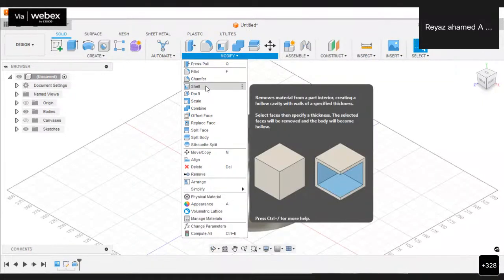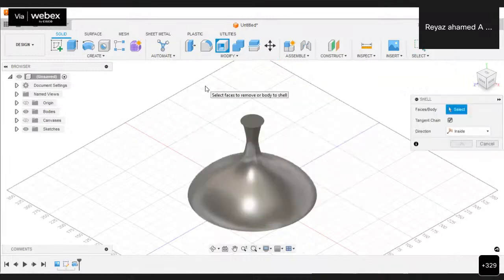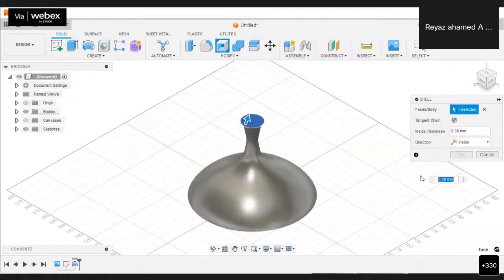That is the thing we need now, because we have to convert the solid object into a certain thickness. So let me choose the shell option. Now it has to select some faces or body. What kind of faces do I have to select? I have to choose the faces which are not needed. Here, I do not need two faces. One is the top surface and another one is the bottom surface. These are the two surfaces I do not need for this particular model. So let me choose this surface.